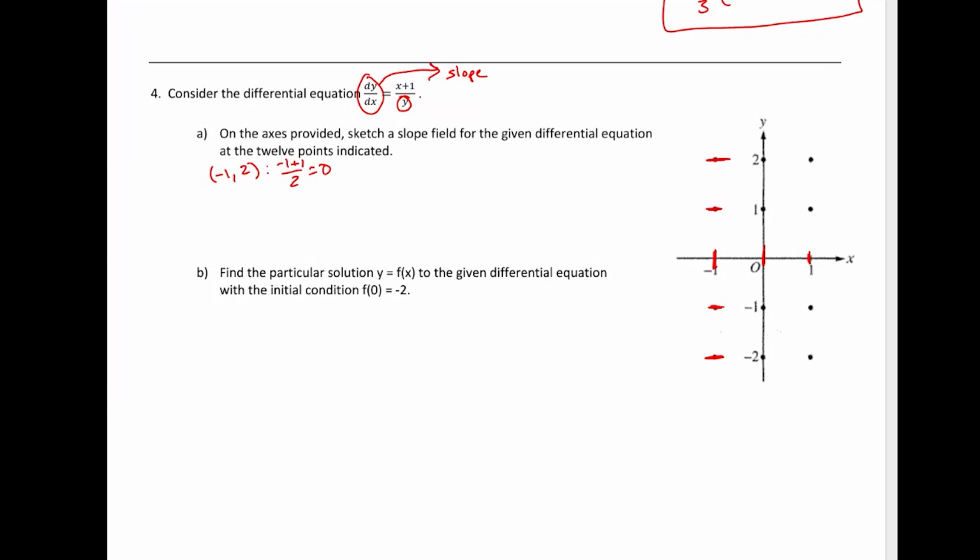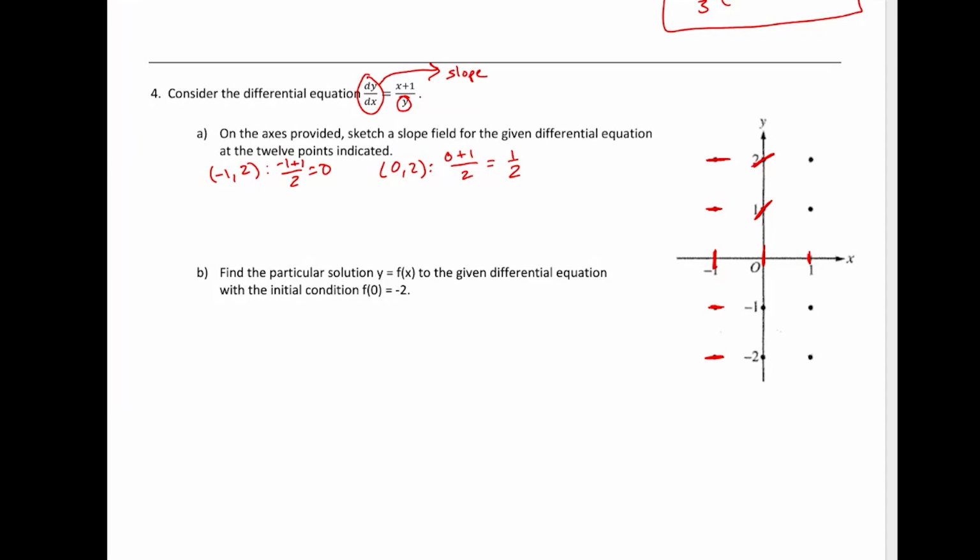Okay, now let's move on to when x is 0. So when x is 0, let's just start at the top here, 0, 2, and plug in 0. I get 0 plus 1 over the y value, which is 2. So that's going to be 1/2. And to just kind of generalize what's going to happen when x is 0, the numerator will always be 1. So we really just are going to have like 1 over whatever the y value is. So like when y is 1 here, we'll have 1 over 1, which is 1. So I have like this,